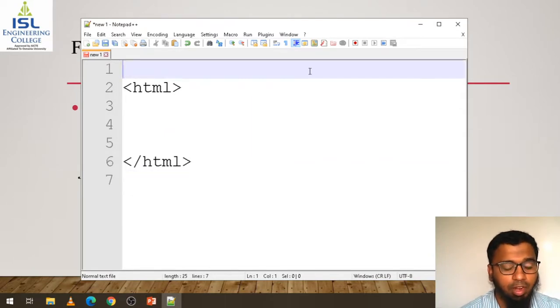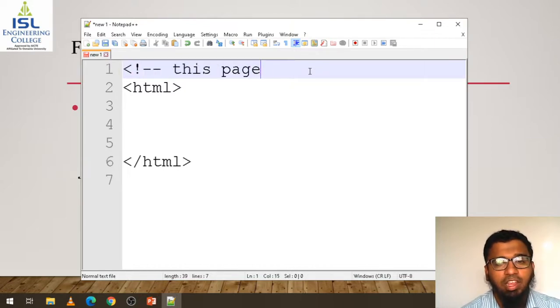So what is my comment here? I am writing the comment that this page is for form, and close.